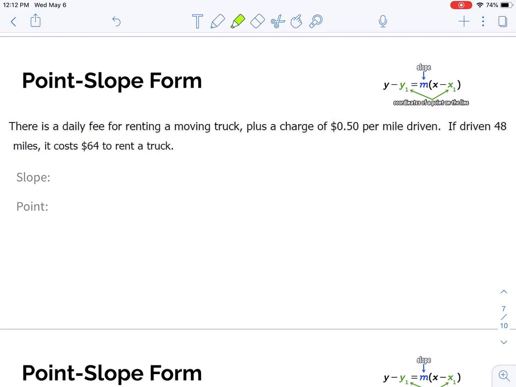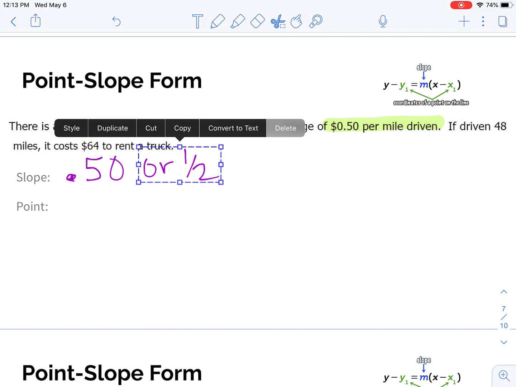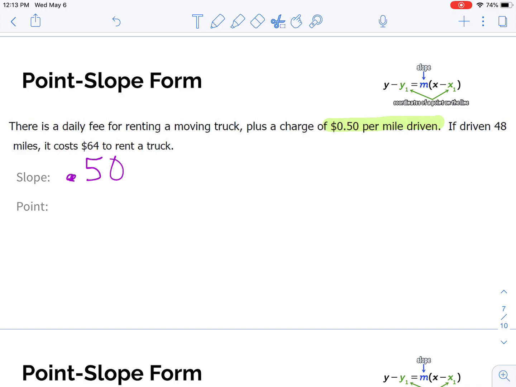Well, when I say, what am I looking for? Something that says I've got 50 cents per mile driven. That's my slope, guys, that 50 cents. Or you could have written 1/2. Either way, it doesn't matter. But for purposes of this question, since it gives it to me as a decimal, I would keep it that way. So my slope is 50 cents. What is my